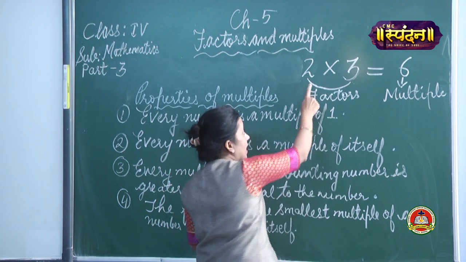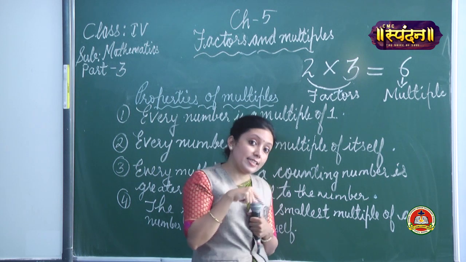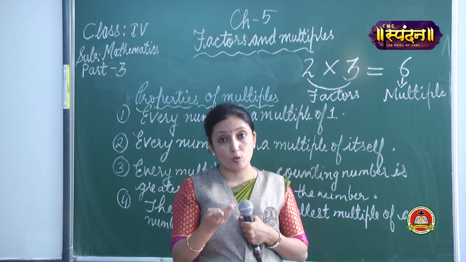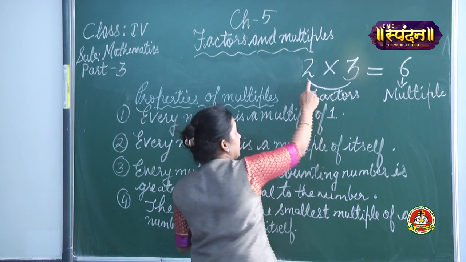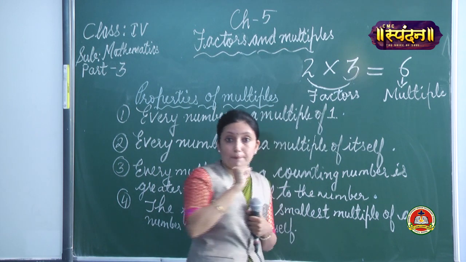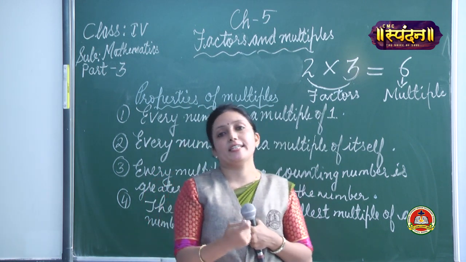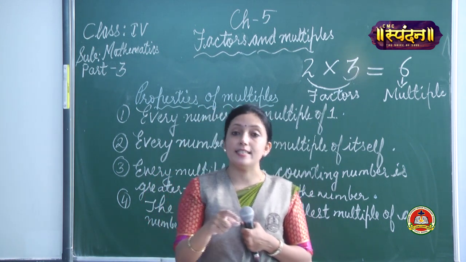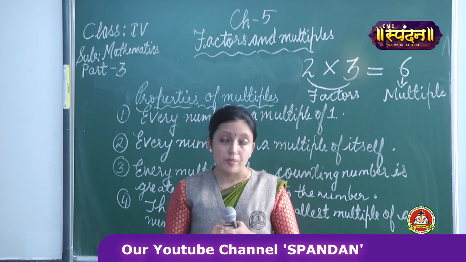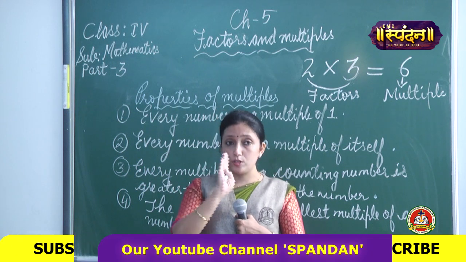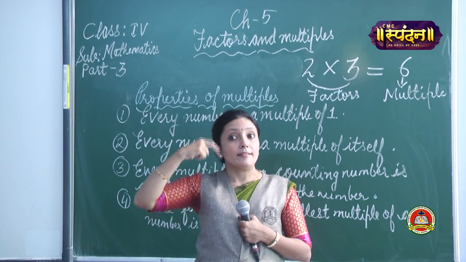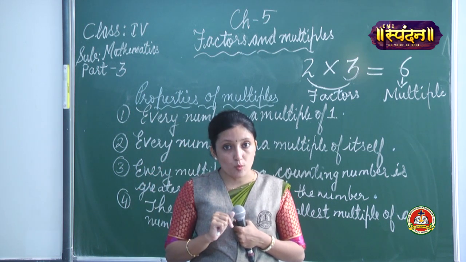But these are factors, that is the multiplier and multiplicand. Those numbers are factors. Here I can say these are factors, but this is the multiple, meaning the answer which we are getting in multiplication is a multiple. See, almost for factors, we were calculating by dividing or by recalling the tables, we were checking this way, isn't it?